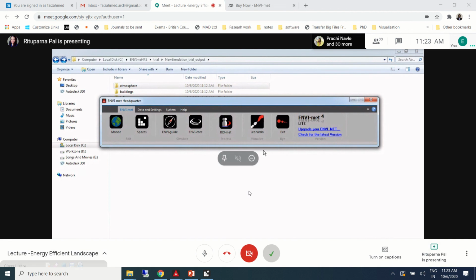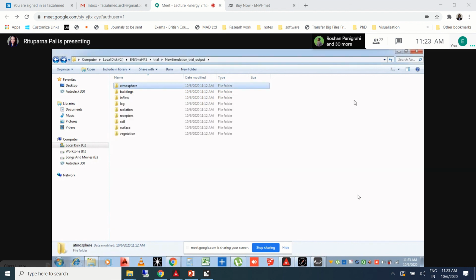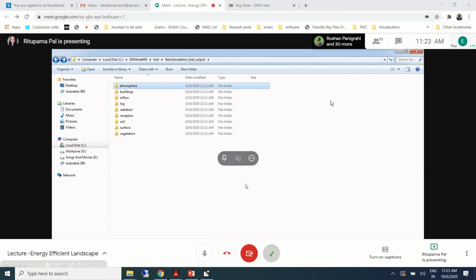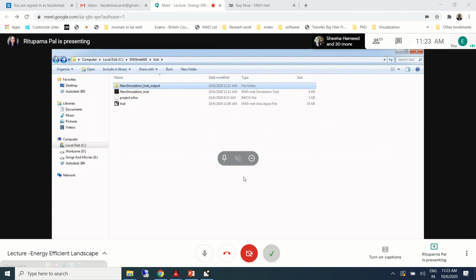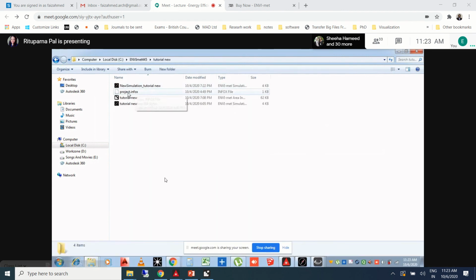After we get all these results, we have to use this Leonardo file, which helps us in visualizing the results and interpreting what is what. Okay, so will I show them? You can just show if you have any results already.